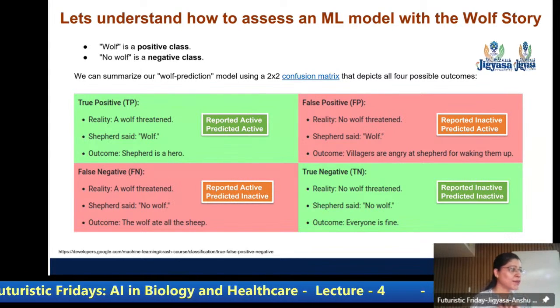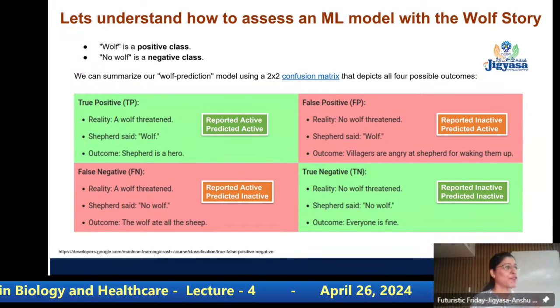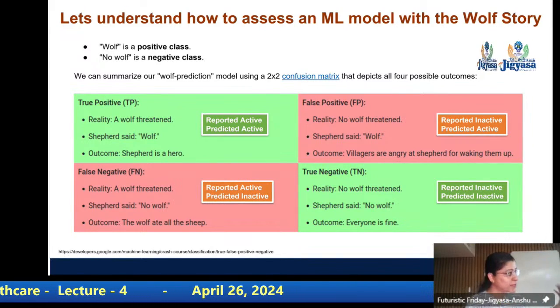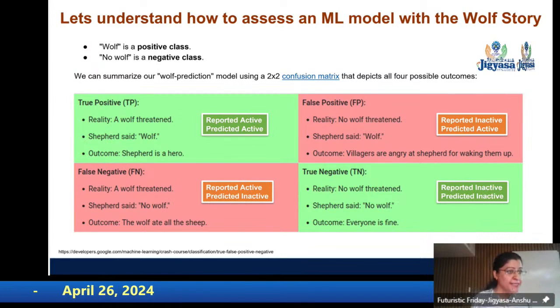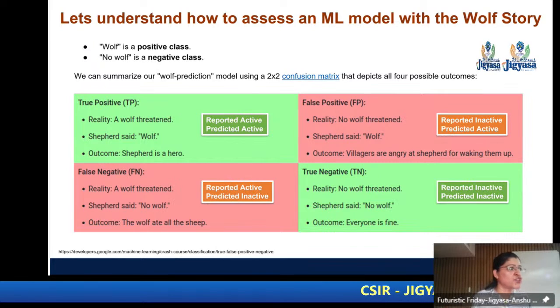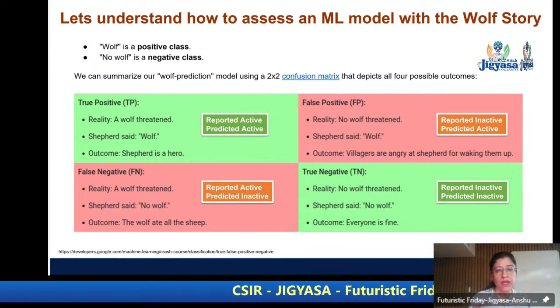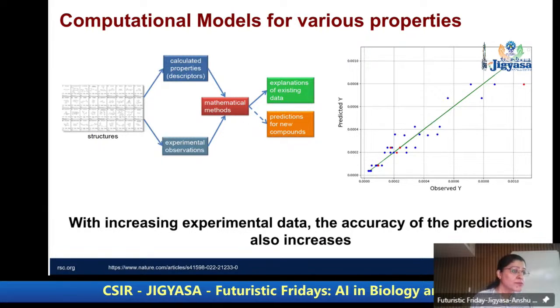Now these four terms, true positive, false positive, false negative and true negative, go into the formulas of accuracy, specificity and sensitivity. Again, if you want to learn that, solve the quiz and we'll learn that. But the basic principle is the same. You need to test your model to believe it. Without testing, machine learning models can be pretty much garbage.